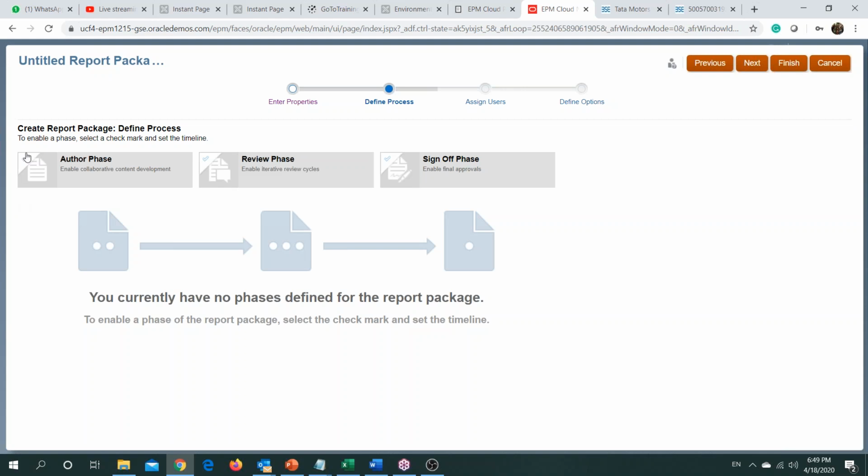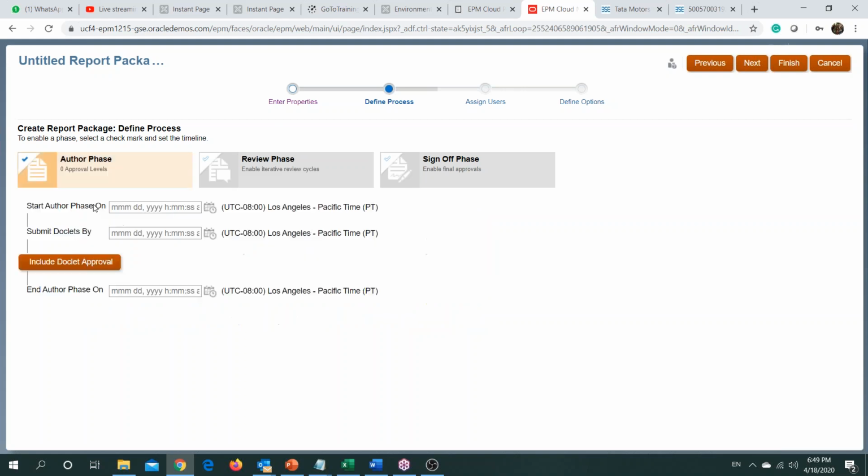So once you enable your author phase, it asks for certain information. The information is the timing wherein you would be preparing your report content or your annual reports. So it asks for your author phase date.